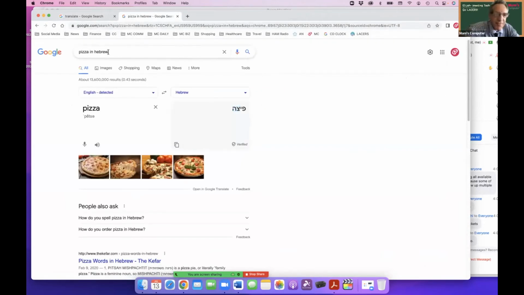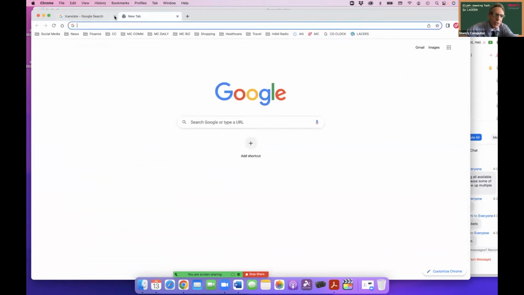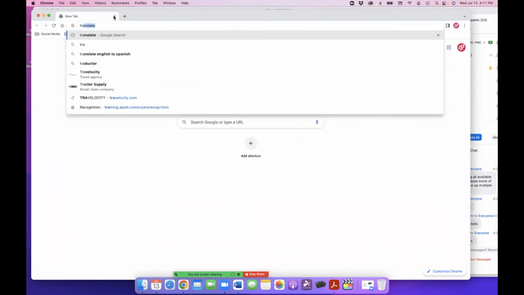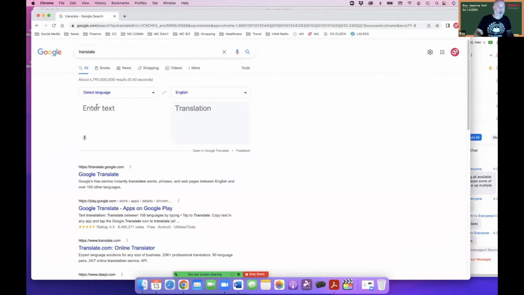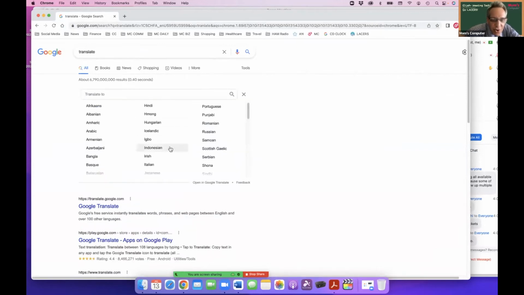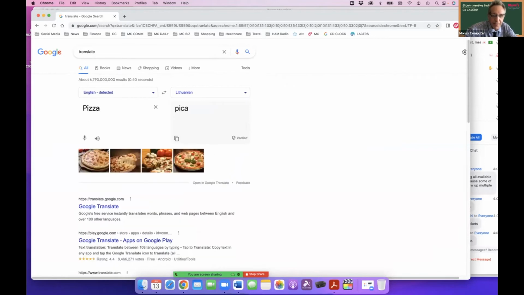So look at this. As we're talking about cool Google things, like Find My IP, open up a Google page. Type in translate. And the Google Translator opens. So enter text. I want to translate that to, let's see, what would be Latin or Lithuanian. Let's do Lithuanian. Anyone speak Lithuanian? So let's say pizza. It's called